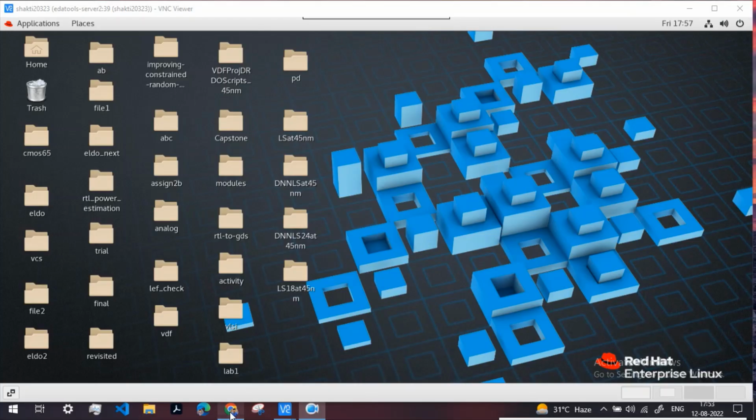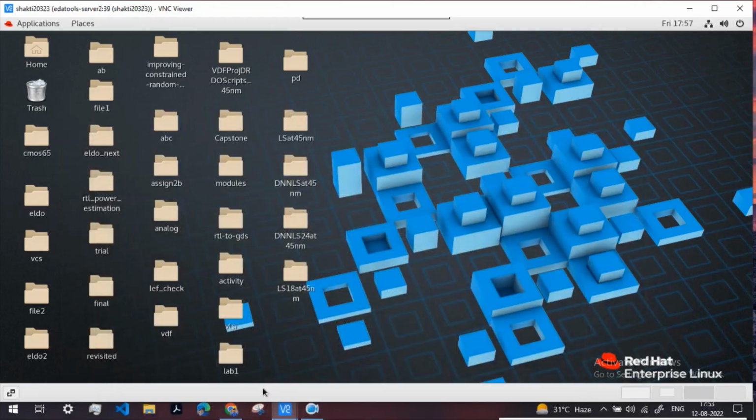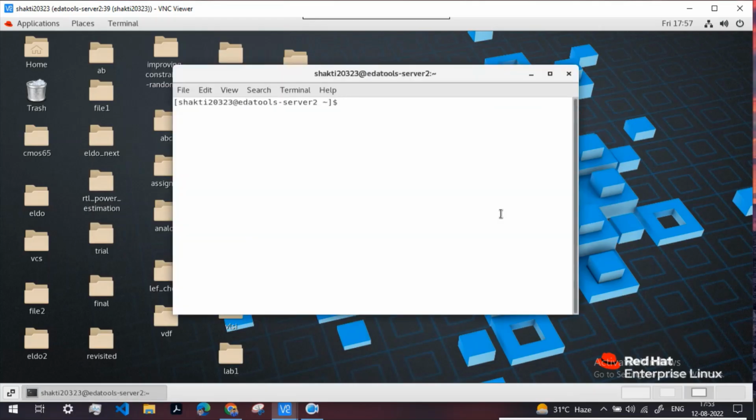So before you begin, you need to execute all these commands one by one on your terminal to set the corresponding files on the server. After you are done with this step, you will see a CMOS 65 directory on your desktop. You need to move inside this directory. So you see now I am inside the CMOS 65 directory, and we will always be invoking the Virtuoso from